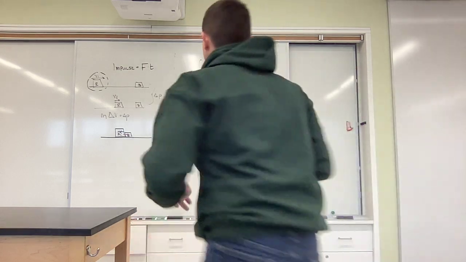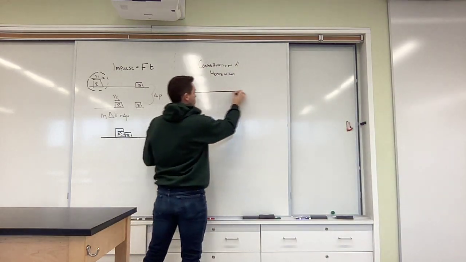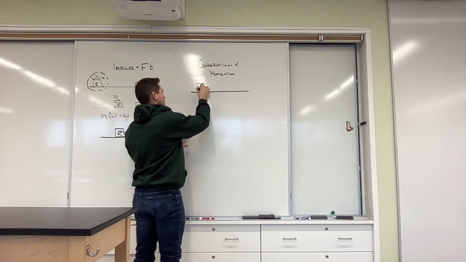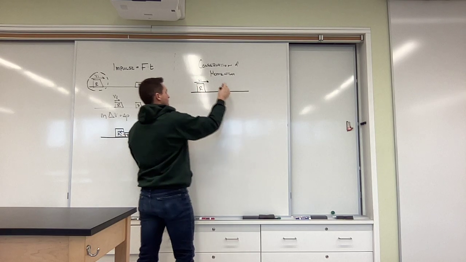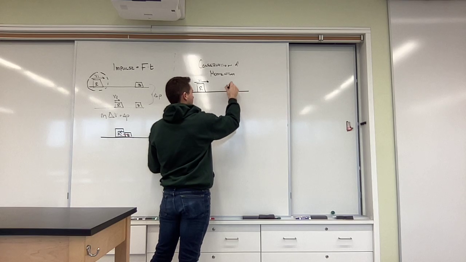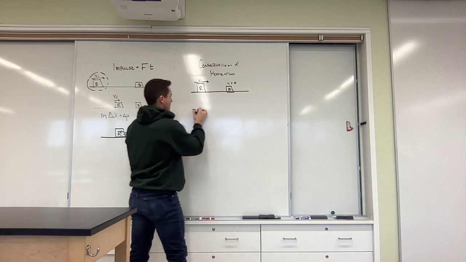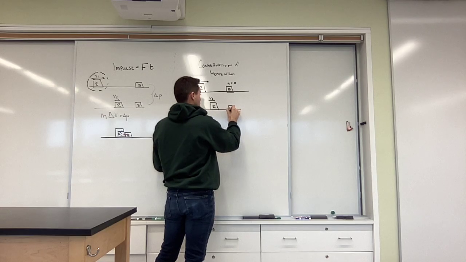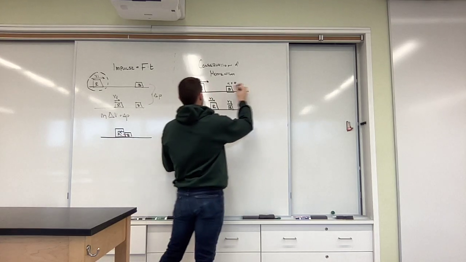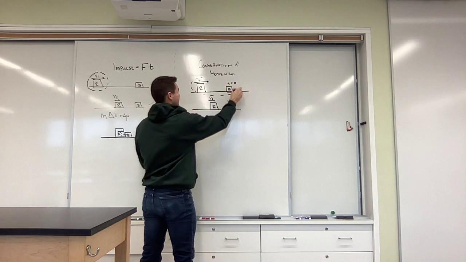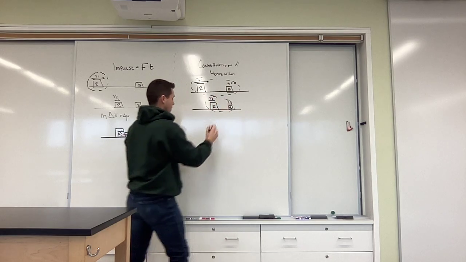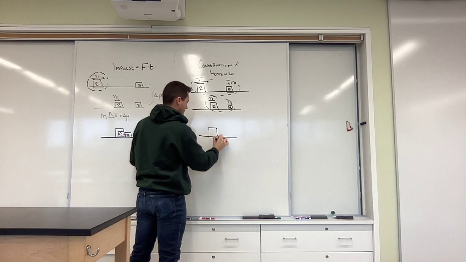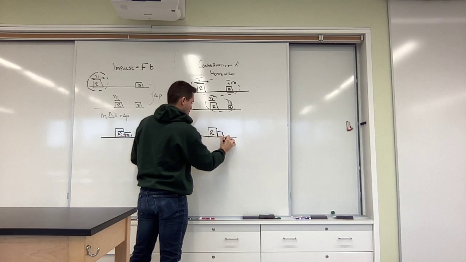Let's re-envision this. Before the collision we have our red car moving at its initial velocity, and we have our blue car sitting at rest, initial velocity is 0, and then we have our collision, and after the collision, this red car is moving with a slower final velocity, and the blue car is moving with some new final velocity. If I go ahead and look at the entire system as the blue and red car, and I think about the collision itself,